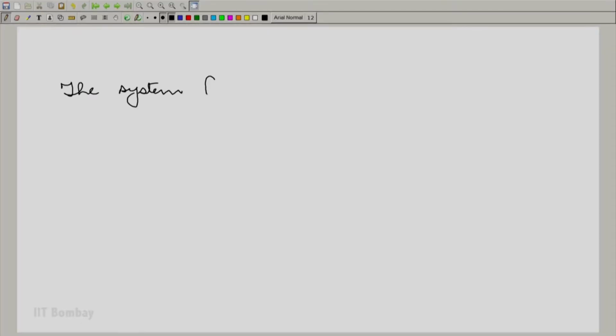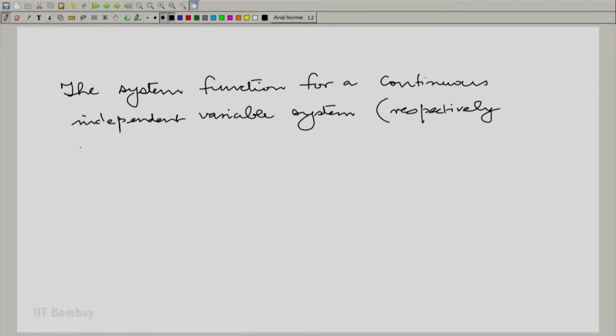Now, there is another way to think of the system function. Of course, the more fundamental way is to think of it as the Laplace transform or Z transform of the impulse response. But you can also think of it as a ratio of two Laplace transforms or Z transforms. So, of course, one thing we have to be very clear: the system function for a continuous independent variable system, respectively discrete independent variable system, note we are going to make a multi-statement again,